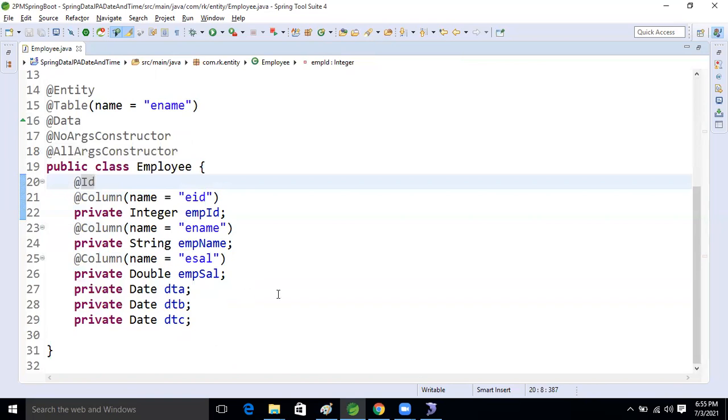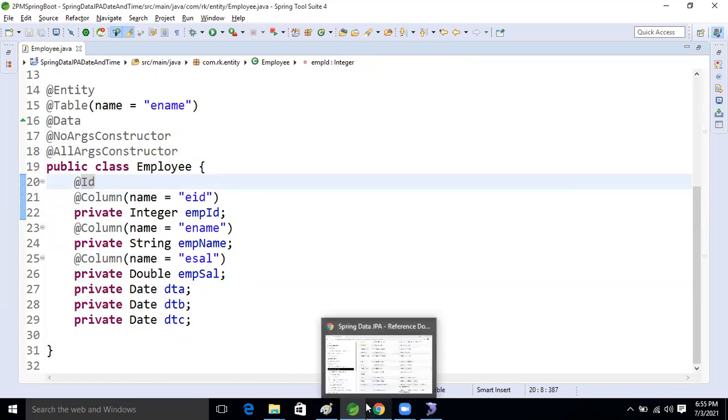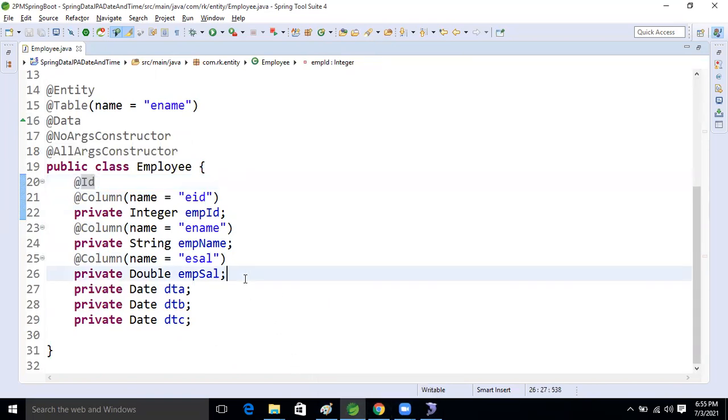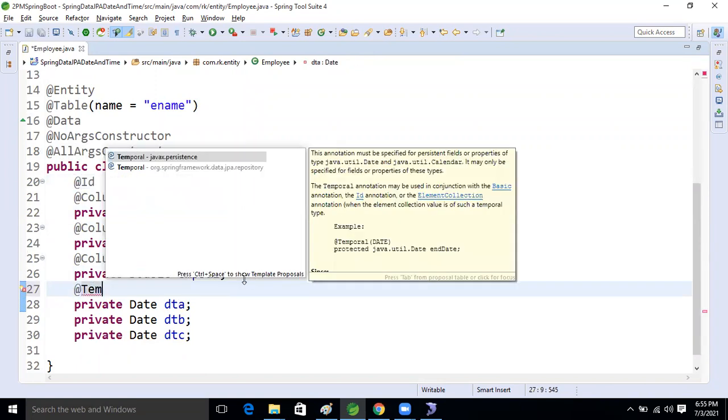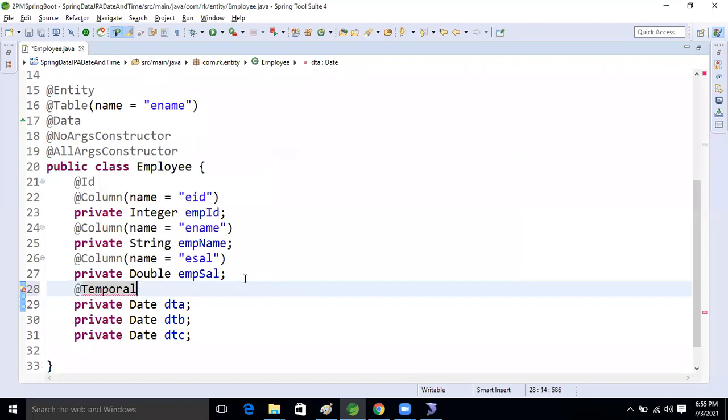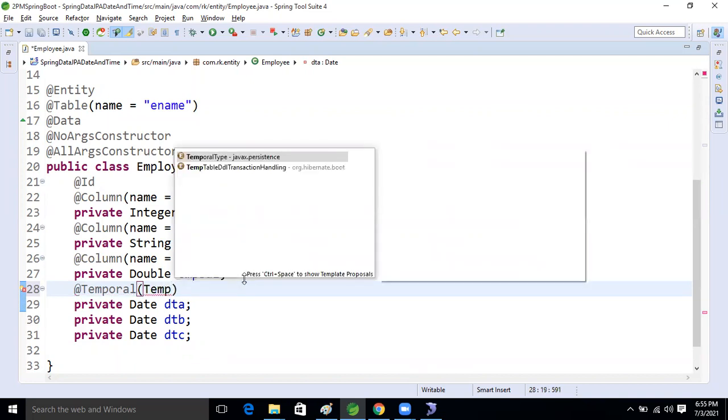Now @Temporal, one annotation is there. We will apply it on top. @Temporal has three possible values, guys. Inside that we give TemporalType.